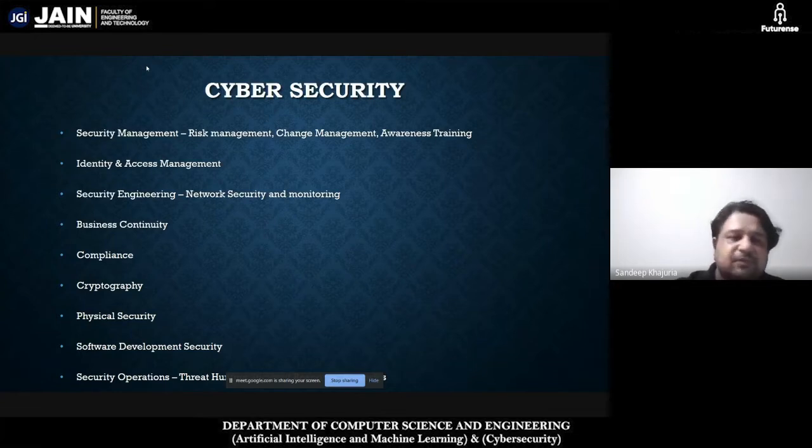So physical security is also necessary, but it is totally up to you whether you would be willing to be a part of this particular domain or not. But this domain will always be there, whereas some of the domains will come and go. Okay, so moving ahead, we have software development